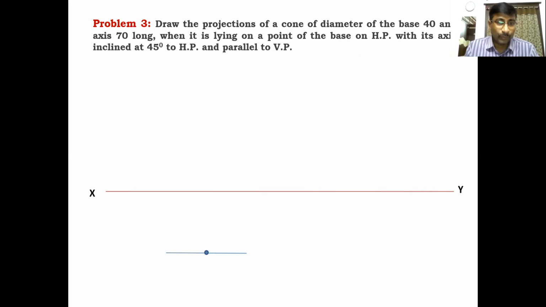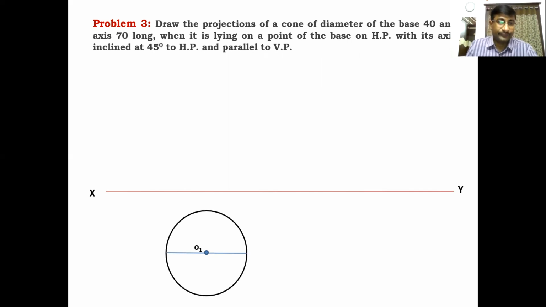Locate one point on that horizontal line. That is the center of the circle. The center of the circle is O1. It is the first stage. We are drawing the first stage. This problem is a two-stage problem. In the first stage, the center point is located as O1. It is a top view.